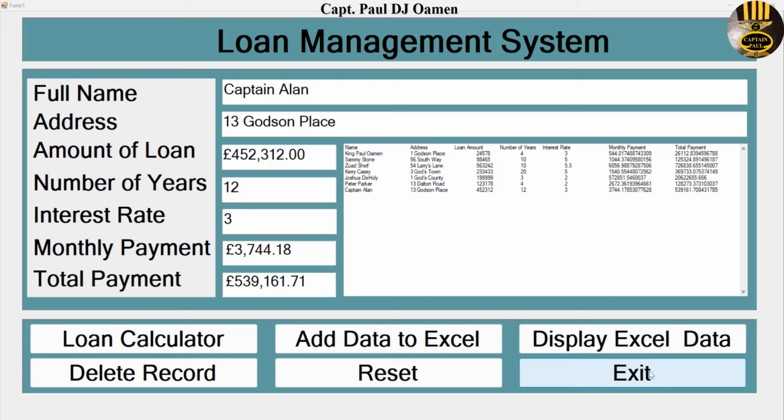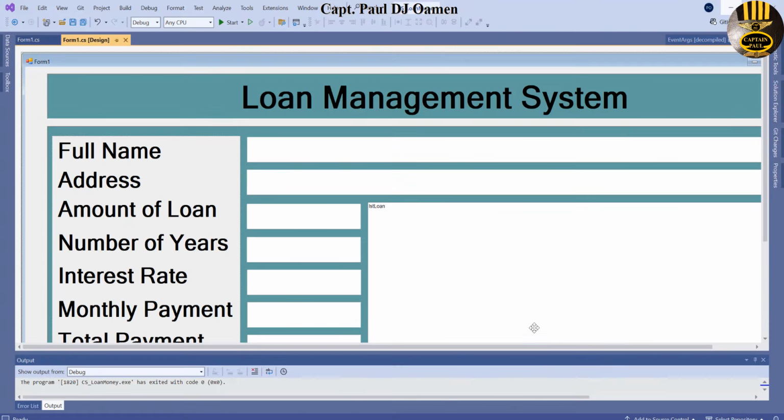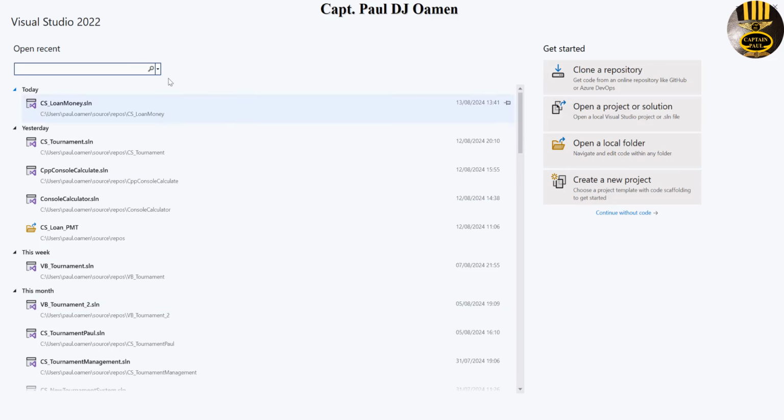Okay guys, let's start work with a new project entirely. So I'm going to exit out there, and we open up Visual Studio 2022. Let's click on create a new project,